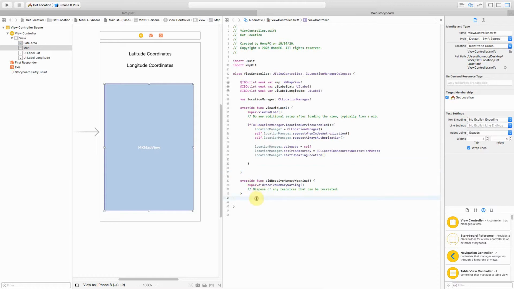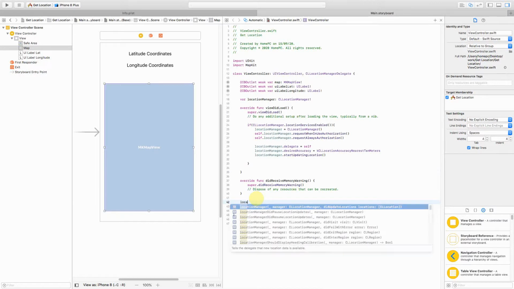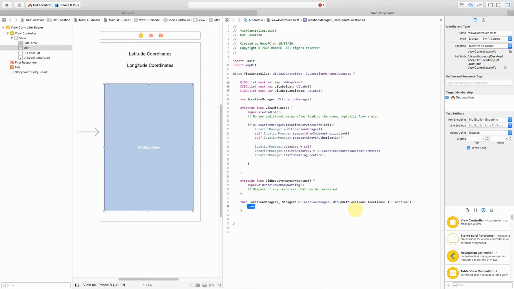Now this is anyway an override method, so we'll just leave it here, and now we'll define our main method that will be called whenever there is any change in the location. So you just type locationManager, and here you should get various options. I think we should choose this one, didUpdateLocations. So whenever there is an update in location, then only it should execute. And this is the place where we can add our code. For the timing, I'll just leave it as it is. So what are the codes which we need to add here?